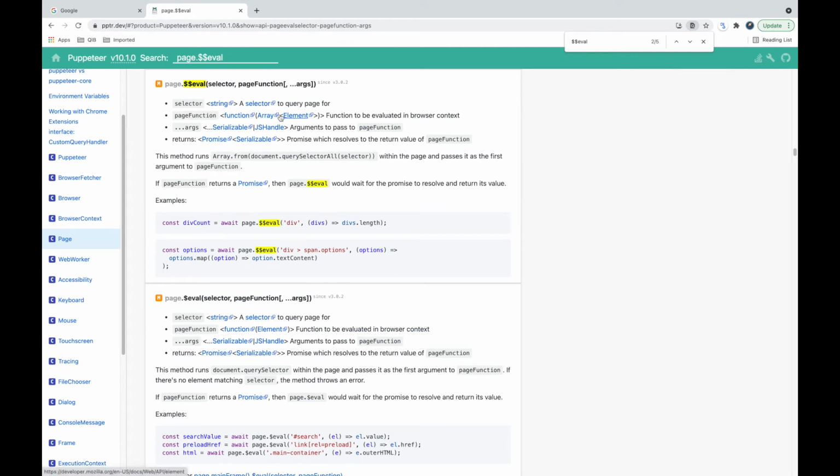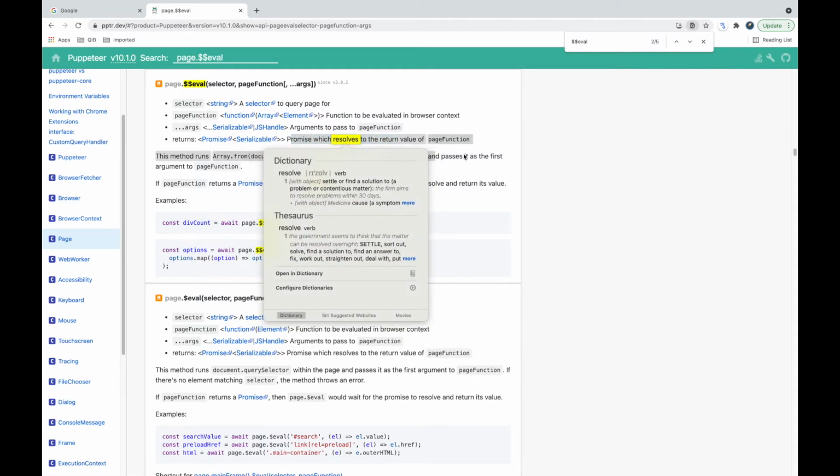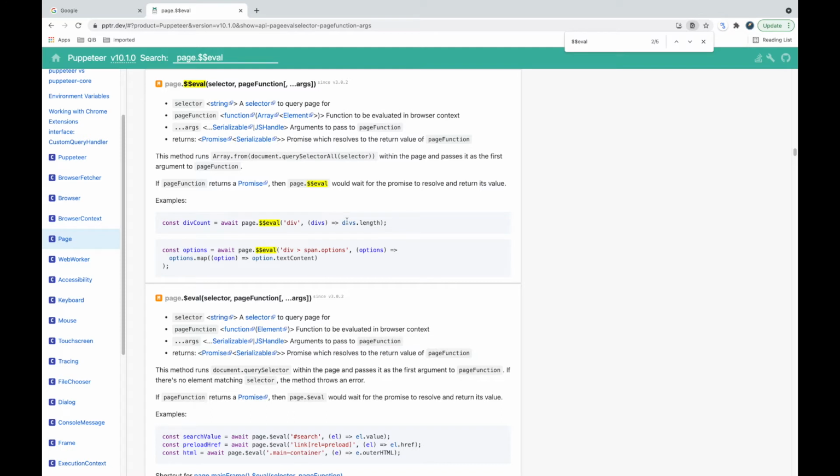If you go here, it says it is a query, and it will query all the selectors. It has two parameters: the selector, which is our a, and the page function. The page function should be for the href links, so we will provide all the links that are href ones. This is how you can use it. It passes the argument to the function and returns a promise which resolves the result of the function. Whatever function we provide and whatever results we get, it will put all the results in our variable. So we have taken our variable with await page.$eval.